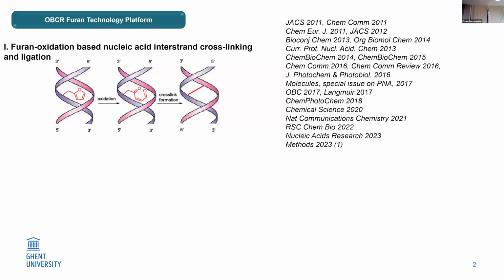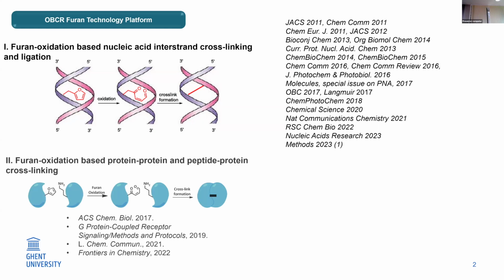So back in 2011, Madder's group had the idea of using this small molecule, this furan, to incorporate it inside a nucleic acid strand and to target a complementary single strand of DNA. What happens is that when we oxidize the furan, it generates this ketone molecule, which is a very powerful electrophile. And in the presence of an amino group, such as the nucleobases of the DNA, this can react and lead to the formation of a cross-link. We then started to explore this through other approaches, like, for instance, peptide interactions and protein